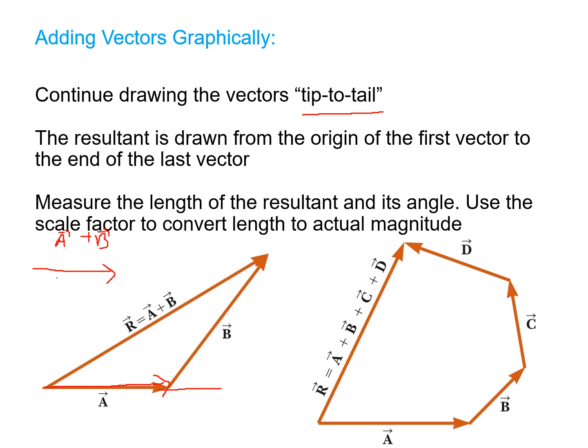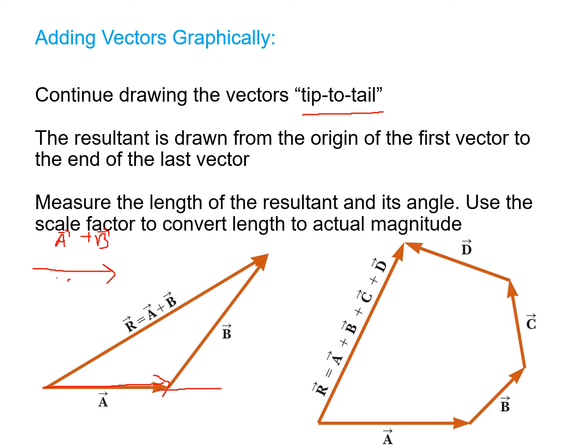When you try to draw vector A, you must draw it with a scale, meaning that if vector A is 5 meters, you cannot draw 5 meters on your paper, definitely, but you can use a scale. Maybe 1 centimeter is equivalent to 1 meter. So therefore, you can just draw 5 centimeters on your paper in order for us to understand the concepts of